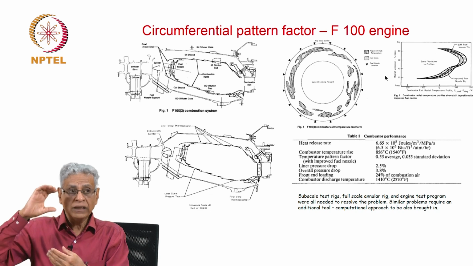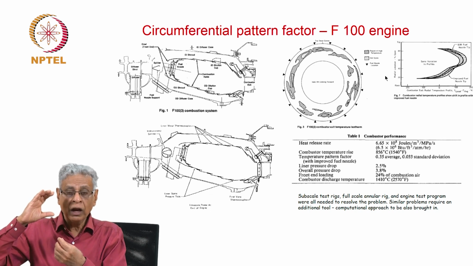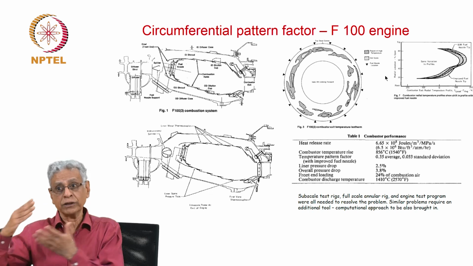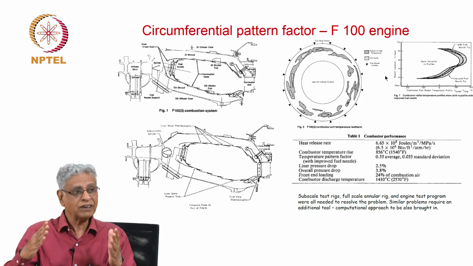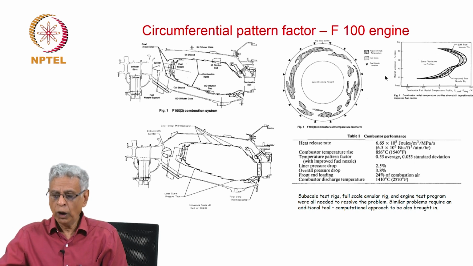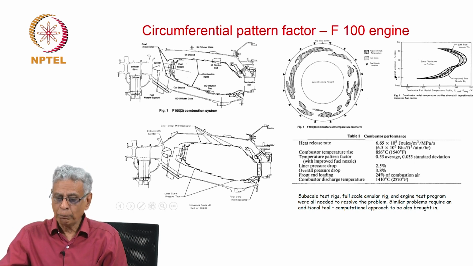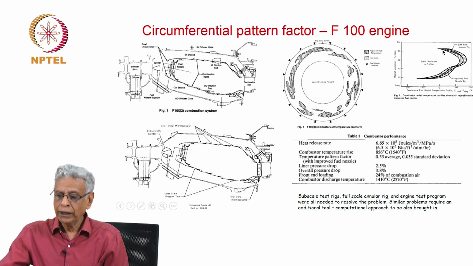And therefore, there are processes which occur which cause life reduction on the blades, and we must make sure that is not very serious. So you will discover that the so-called radial pattern factor is like what you see here. It must be